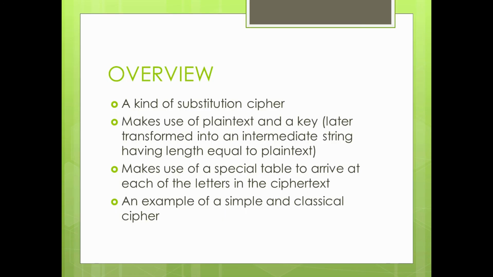Earlier we used the monoalphabetic cipher, which only consisted of a single set of characters of the English alphabet, and due to the relative arrangement of the characters we arrived at the cipher text by applying suitable techniques and rules for different monoalphabetic ciphers. But in due course of time the need for more complex cipher texts arose, because the messages encrypted using monoalphabetic ciphers were relatively easy to decipher. Because of that we came across the polyalphabetic ciphers.